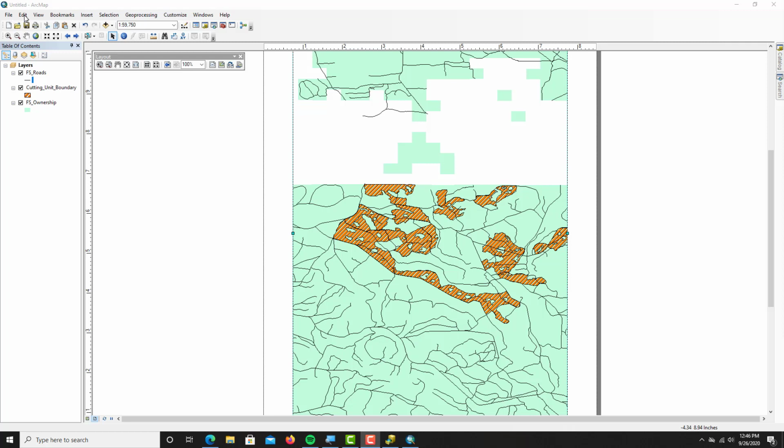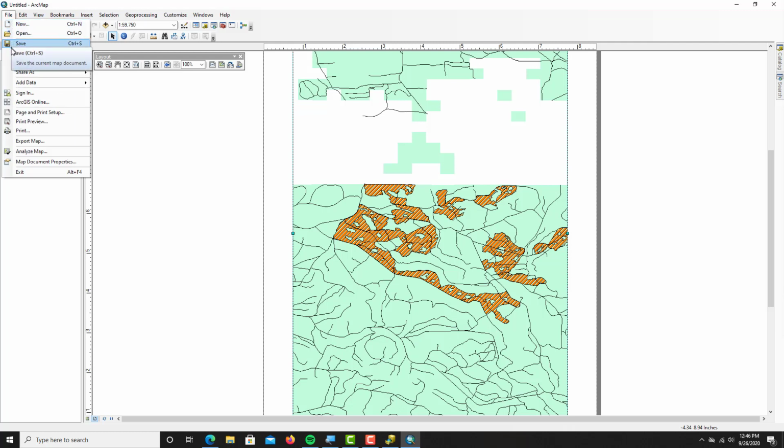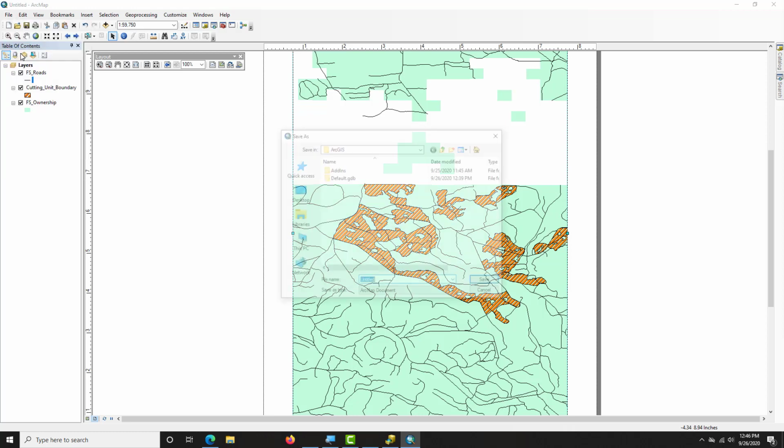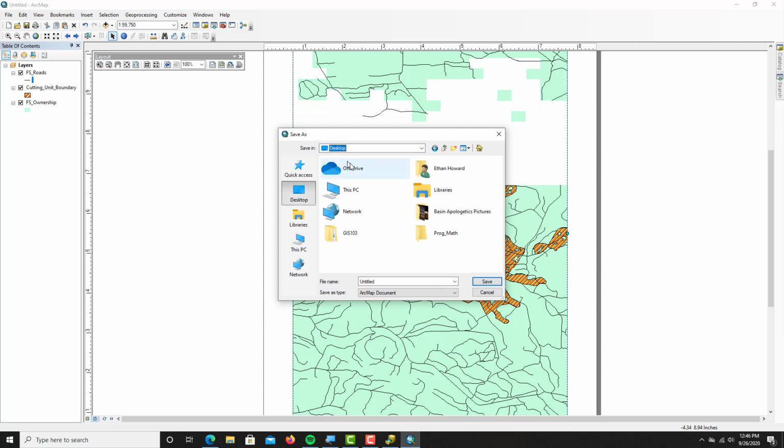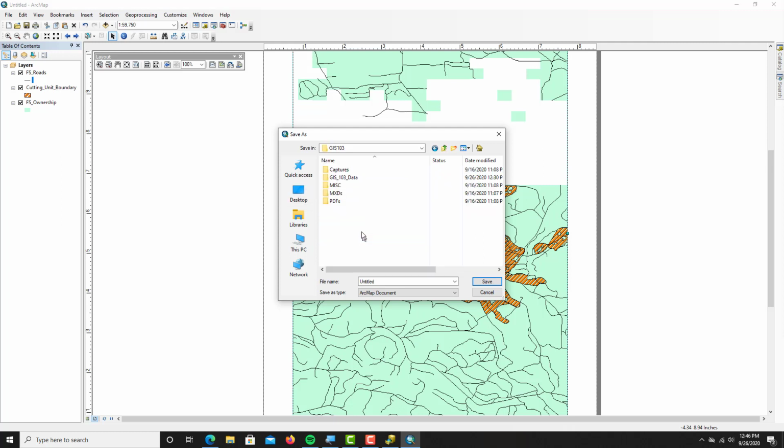Now we're going to just save our map, and so we go up to File, Save As, and then we're going to save it inside our GIS103 folder, and then our MXDs folder. So this is where we're going to save it. And then we're going to call it